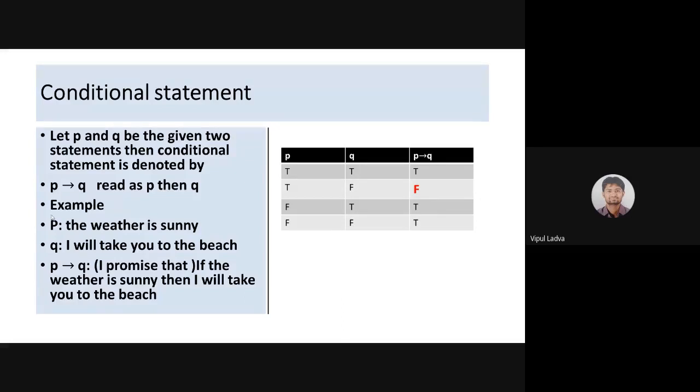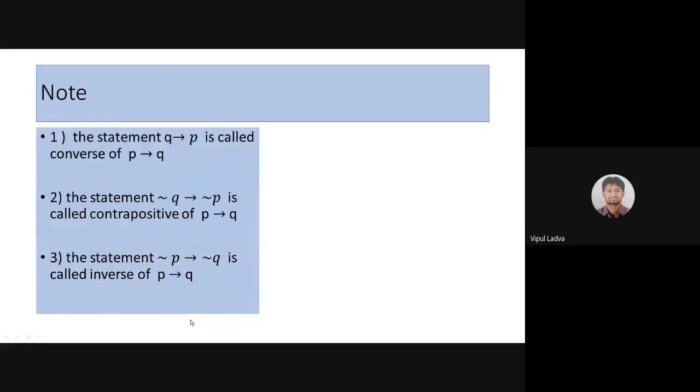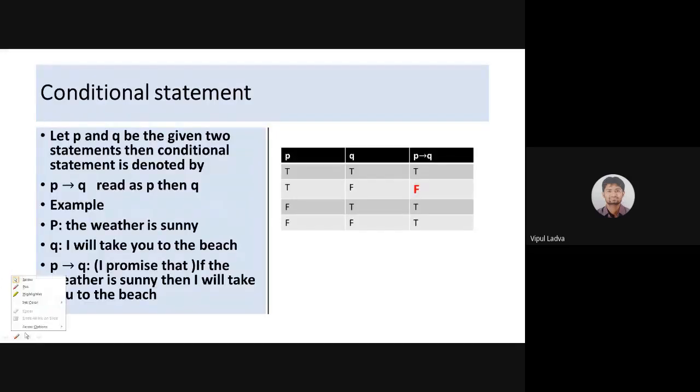ध्यान में रखने वाली बात ये देखिए, सेकंड को मैंने रेड से हाईलाइट किया. देखिए इसको, कंडीशनल स्टेटमेंट की वैल्यू फॉल्स कब होती है? The first statement is true and second is false, then the truth value of that particular compound statement will be false. In all the other cases, the conditional statement will take value true. बाकी के हर एक केस में वो वैल्यू ट्रू ही लेगा. Is it? Good. So देखेंगे इसके भी एग्जांपल.